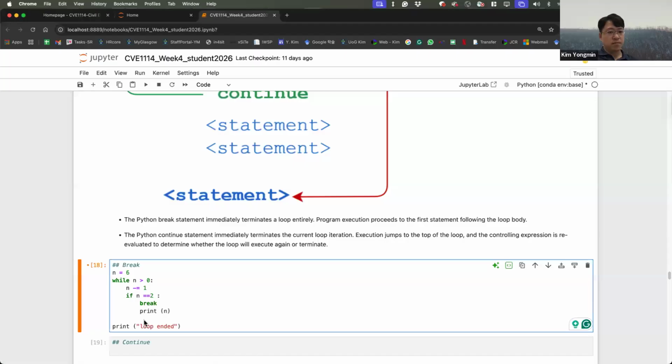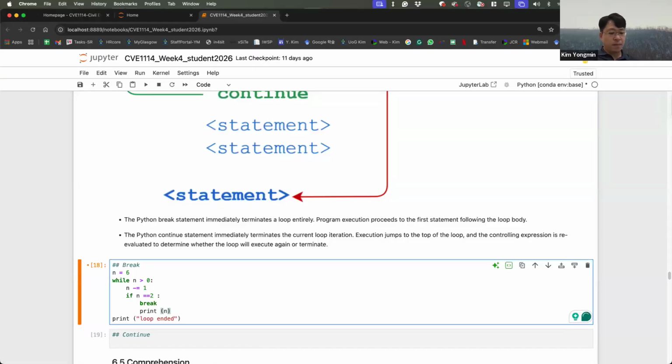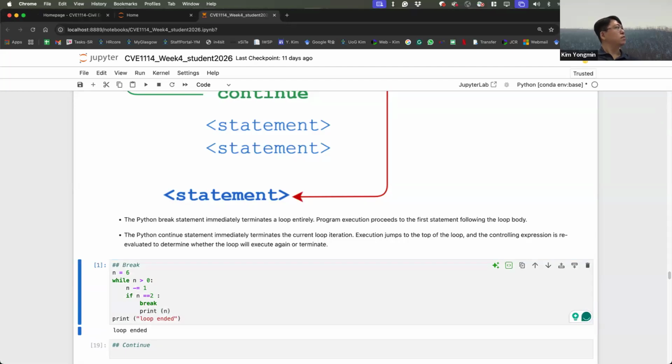Oops. Yes, this print n should be in the while. If it is, it looks like that. This print n is in the if statement. So, yes: 5, 4, 3, 2, break.